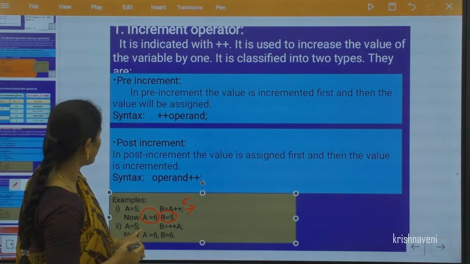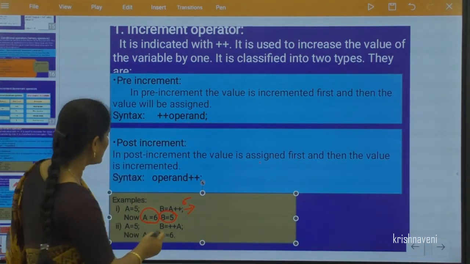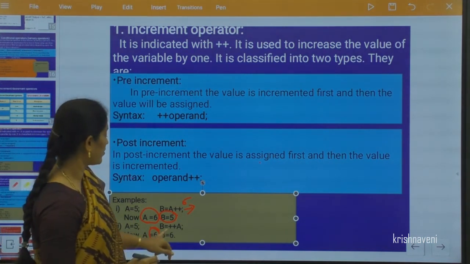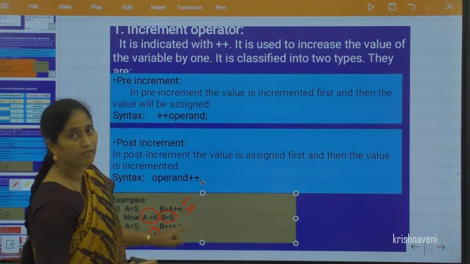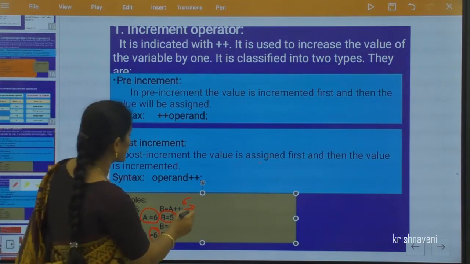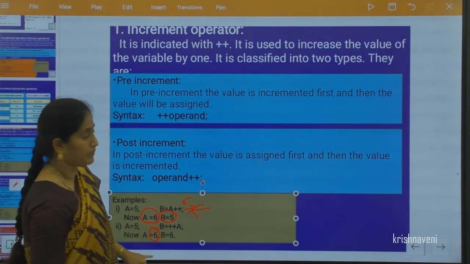And the next one is the pre-increment. Here the value is incremented first, so 6 will be taken first because the 5 will be incremented by 1, that means 6. So it can be represented as post-increment and pre-increment.